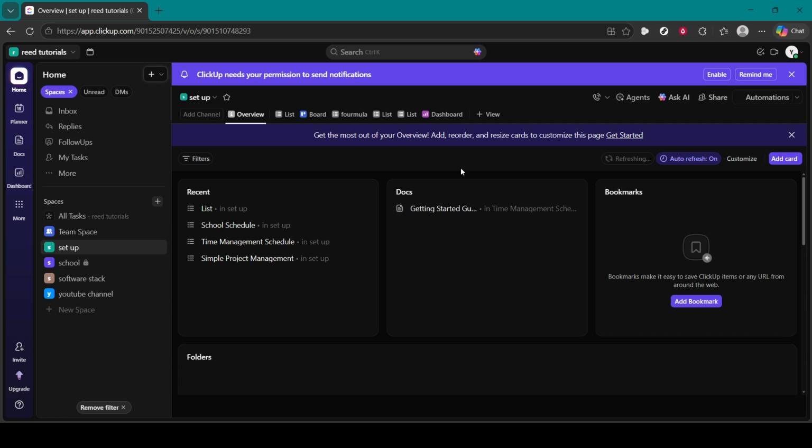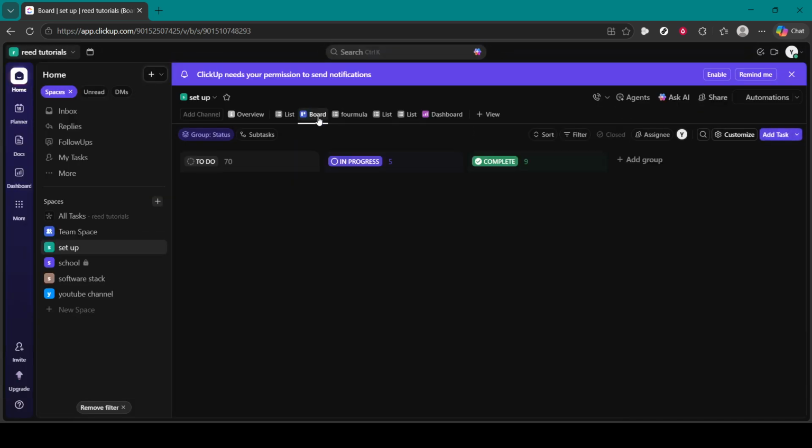Once you're in, look toward the top left area of the interface where your work is organized. ClickUp groups everything into workspaces, which are the highest level of organization. Choose the workspace where your projects live. Right beneath that, select the specific space you want to work in. A space is like a department or project area, and selecting the right one ensures you're looking at the correct